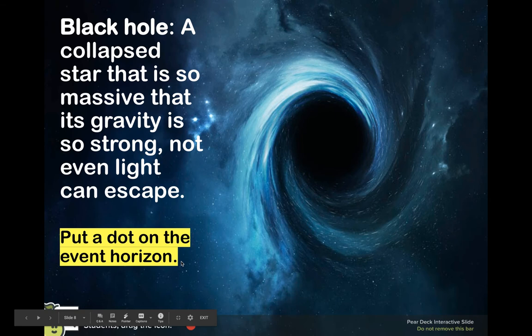So let's talk about black holes. Black holes only happen when you have an enormous star. It has to be really big, way bigger than our star. So our sun will never become a black hole. It's so enormous that when it collapses, the gravity is intense, the most intense you could get in the universe. So intense that not even light can escape the black hole.